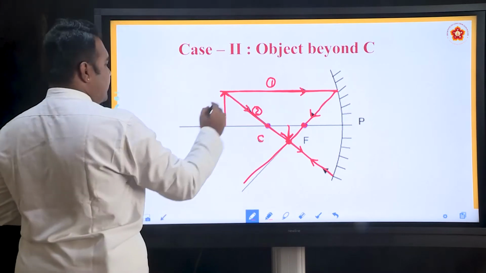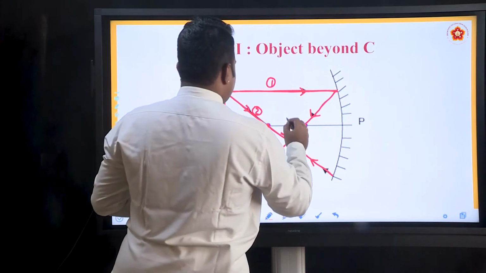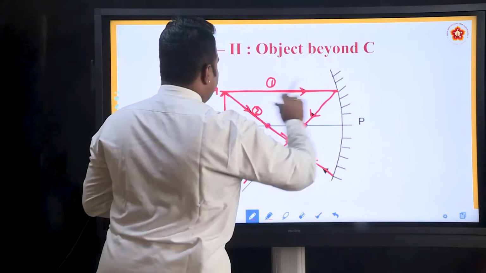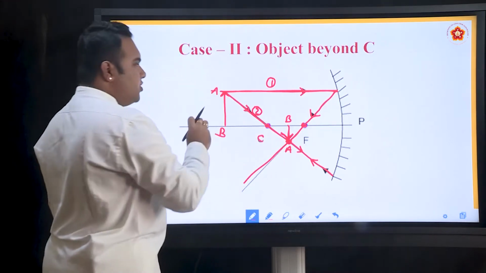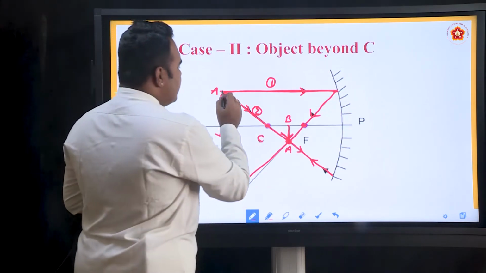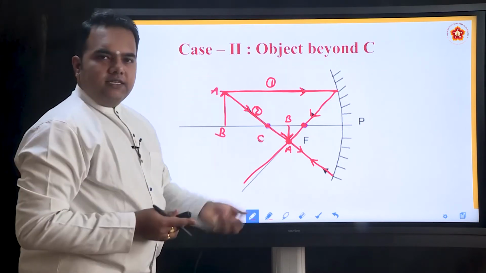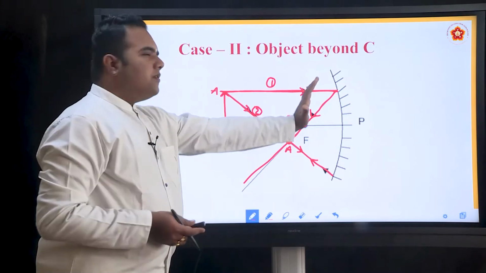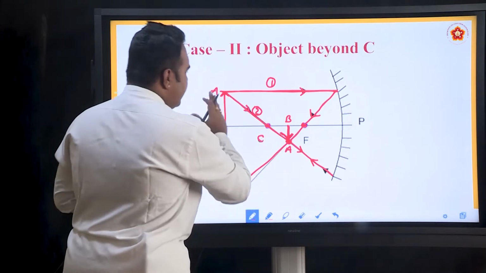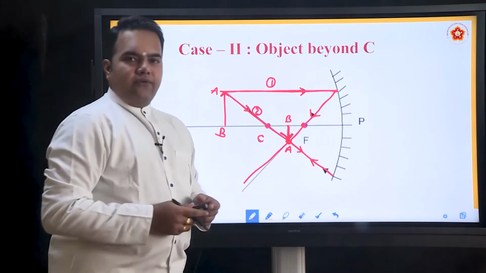So, the object is placed, this is the object now, AB. So, this will be the image that is formed. If you can visualize clearly, all the rays of light that are falling on the mirror and reflecting back, these two rays of light will form 2 points on the image. Like that, if you are able to visualize all the rays of light, all the rays will be converging at this point and then they recreate the image at this particular point between C and F.